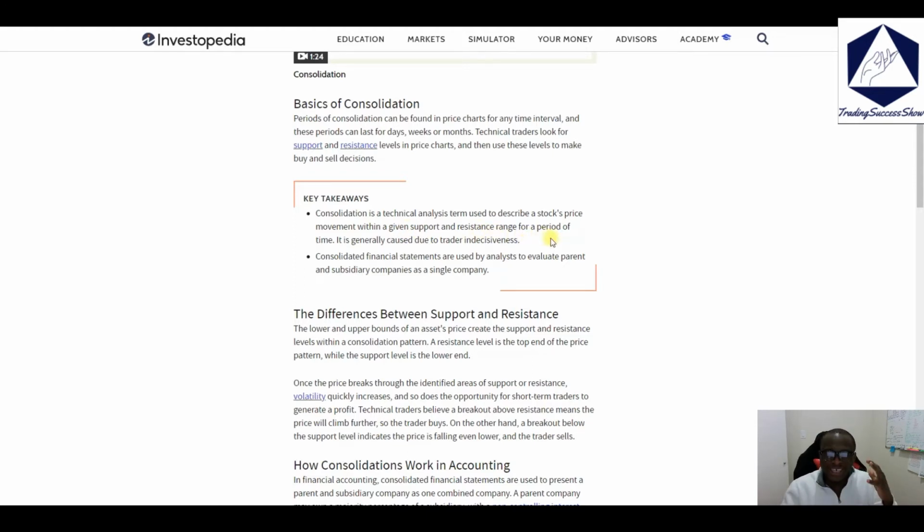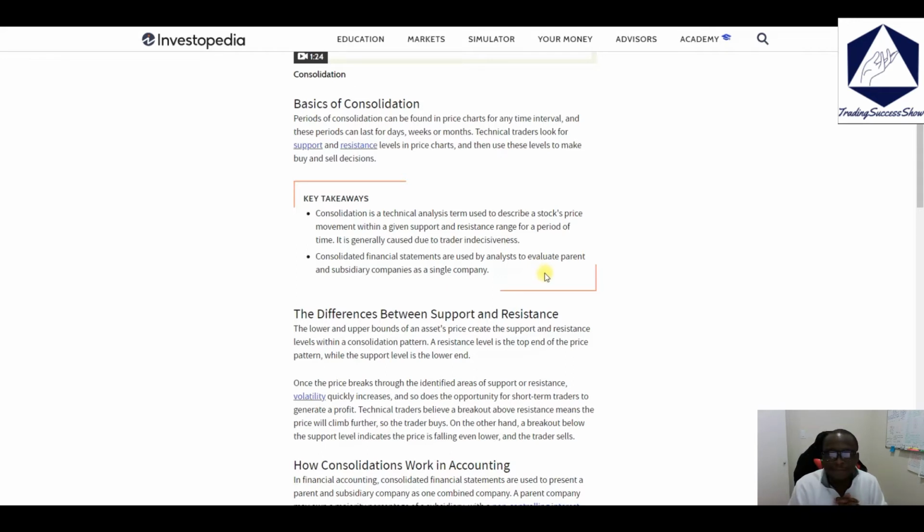It is generally caused by trader indecisiveness. Okay, so consolidation or consolidated financial statements are used by analysts to evaluate parent and subsidiary companies as a